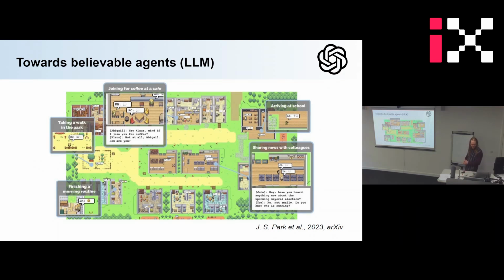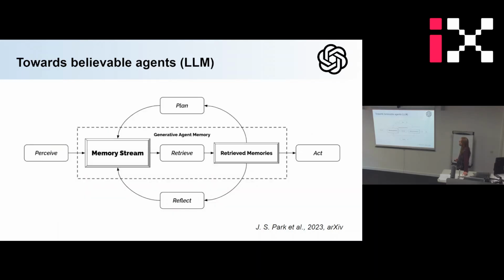Okay, so in this one they make a kind of Sims-like game. This is actually from the paper. It looked like this, and so in this game you have a set of avatars, and instead of having a Bayesian model in the head of the avatars, they just put ChatGPT. So the large language model, and so each agent is controlled by a large language model, and they wanted to see what happens then. And so how this works inside is that